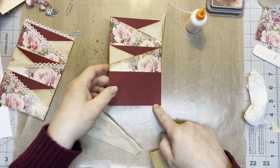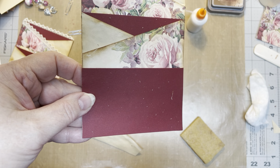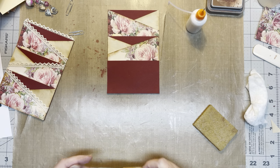See? Can you see it? I'm going to actually just bring this up. Can you see those little bits and pieces? That's what I just rubbed off my fingers with that. It's awesome. Love that. Okay, we're going to get rid of that. So anyway,